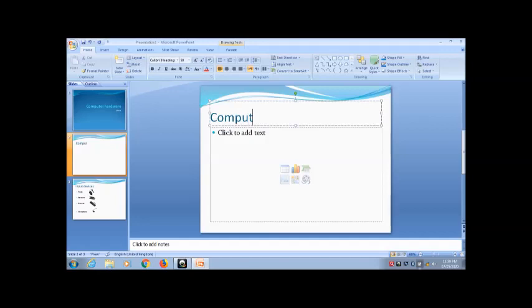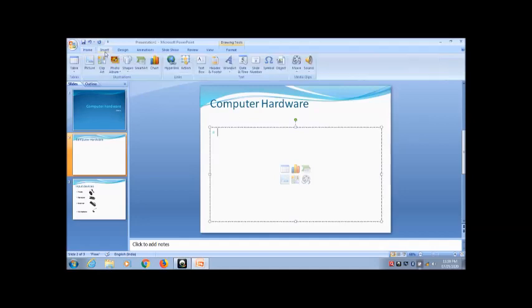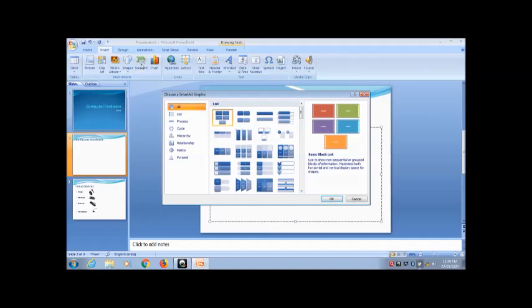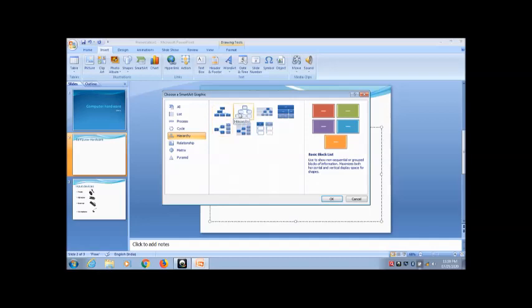And now if I wish to add something here, I can write computer hardware, and if I want to define the types of computer hardware, I can do it with SmartArt. From the insert tab, again choose SmartArt. Here you can choose the option which you want, select this.